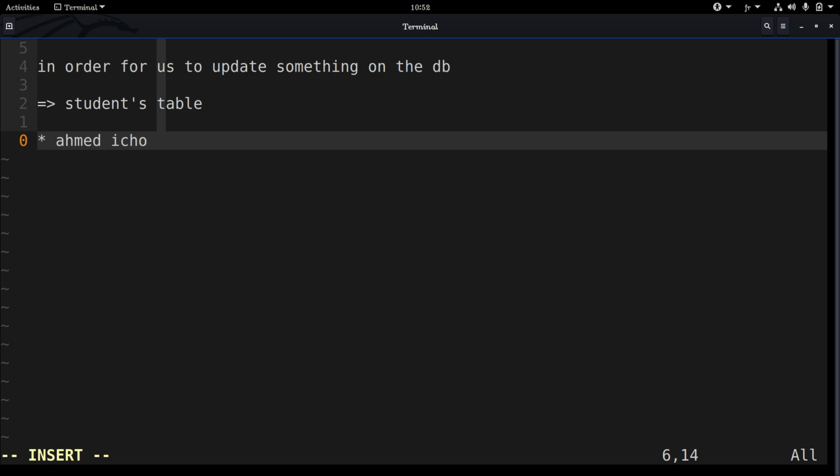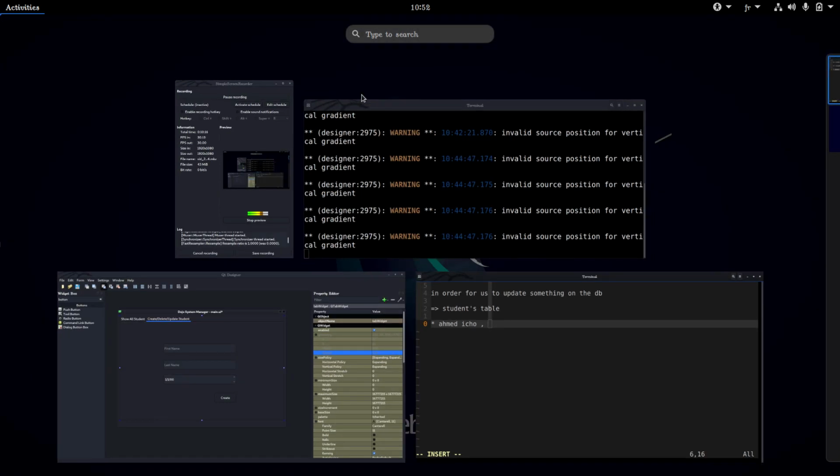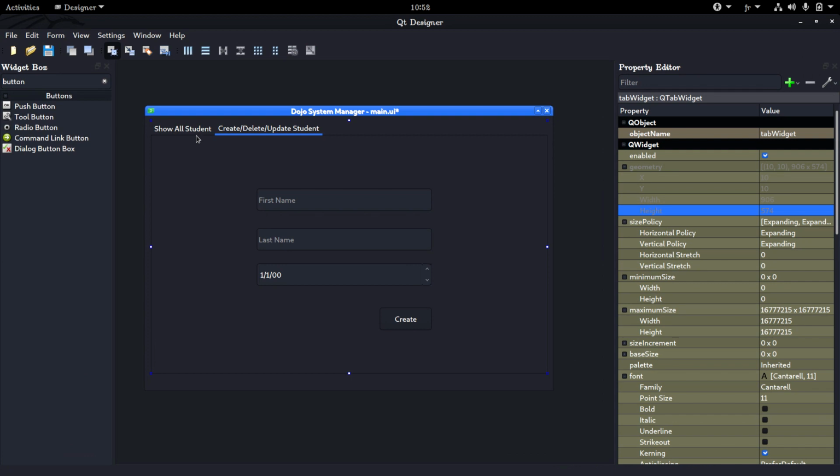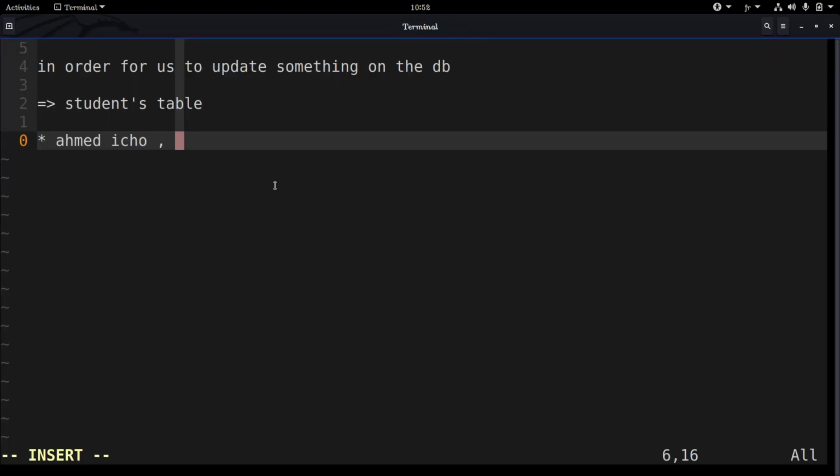Ahmed issue as first name. It has, for example, his, what do we have here? Ahmed issue as his full name, for example. Let's just say we do have that. So first name, last name, and we have the birth date and the enrollment number. Okay, so we have the birth date, which is for example